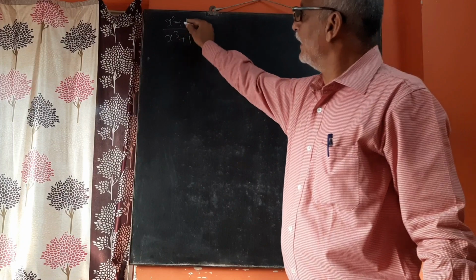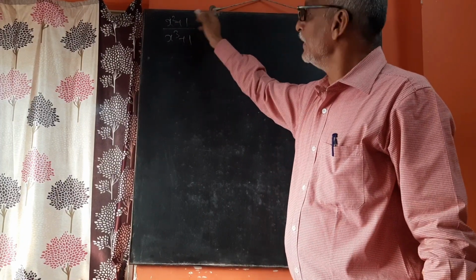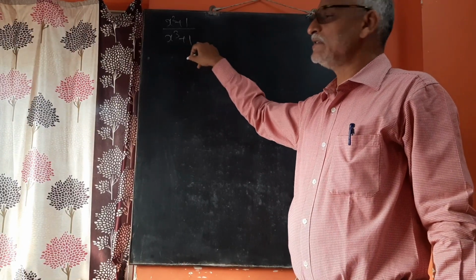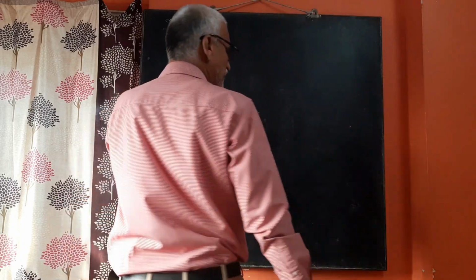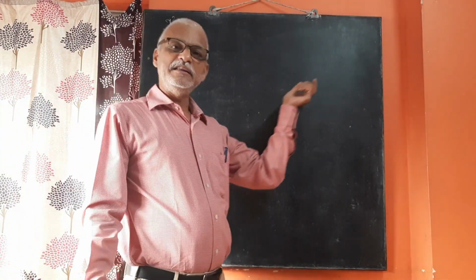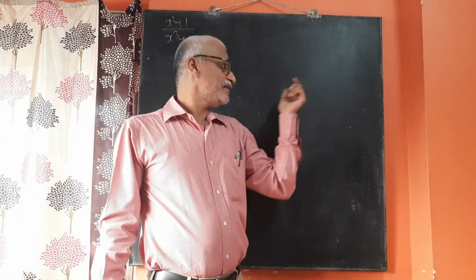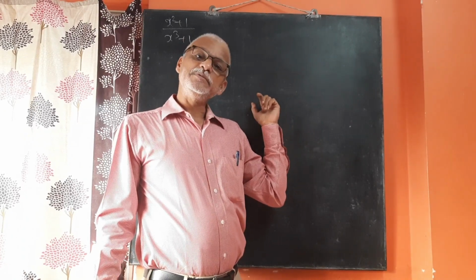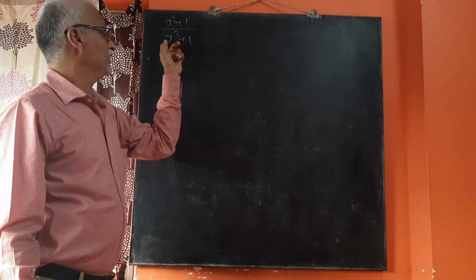Now see here, x square plus 1 is the quadratic equation, the numerator. The denominator, x cube plus 1, is the cubic equation. Our conditions are: first, there should be either linear factors; second, linear factors that are repeated; third, there must be a quadratic factor. Here is the cubic equation.